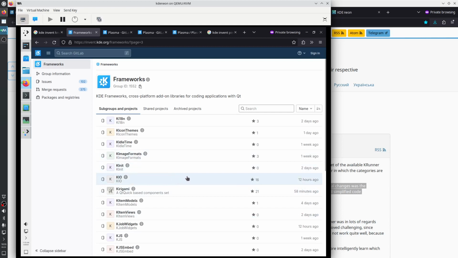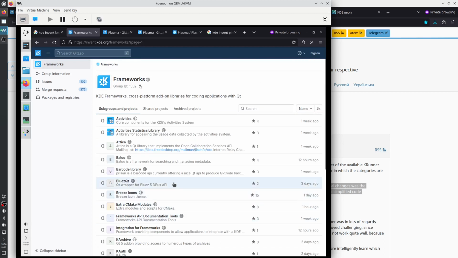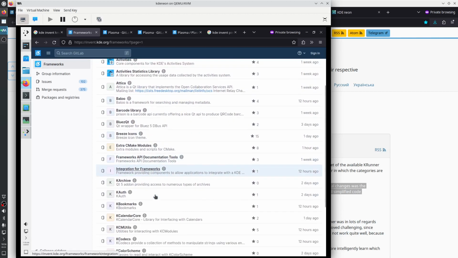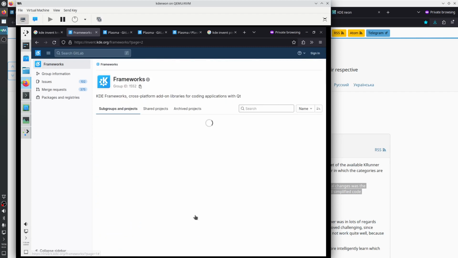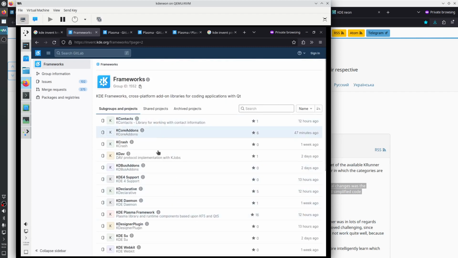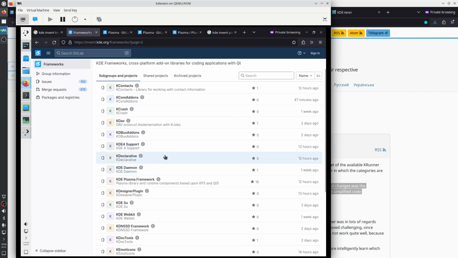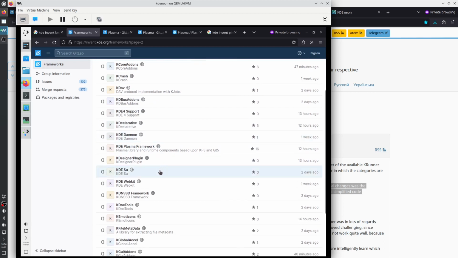In here we can also see in the GitLab group frameworks, we can see Git repositories which are for Qt 5 only and are not being ported to Qt 6. Such as KDE4 support, KDE WebKit,